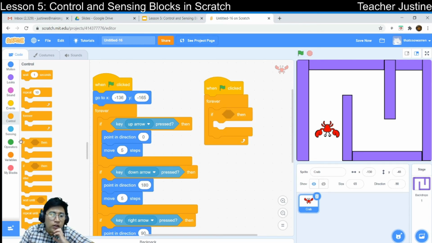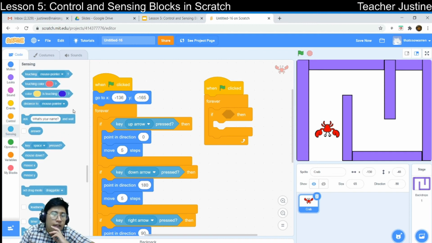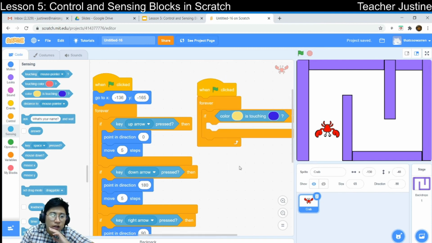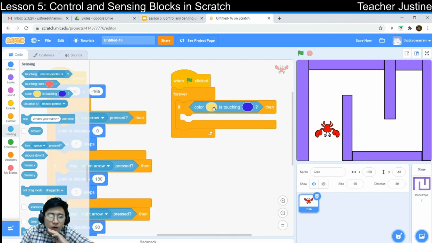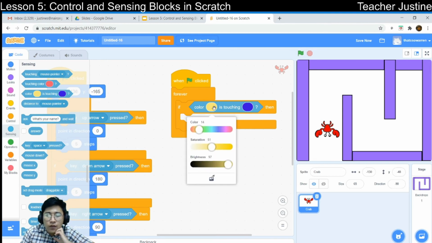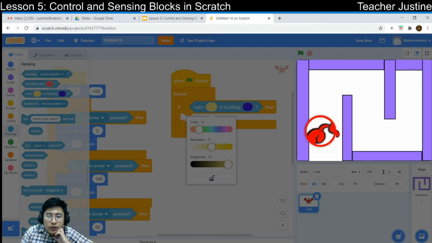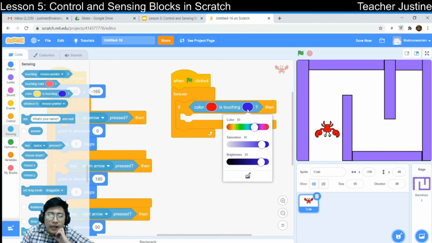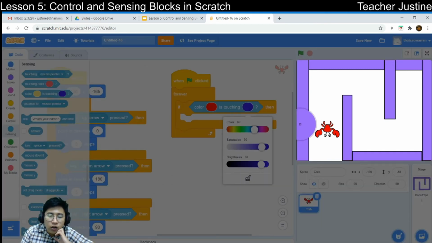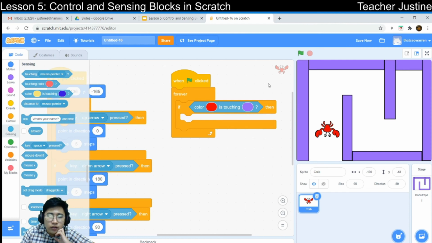So let's go to sensing and let's choose here if the color is touching a color. So the color of our crab is red, right? So we can just change it to the color of our crab by clicking this button, and then you can choose the color of our crab, like red. And then this is for the wall. If the color red is touching the color purple wall, then